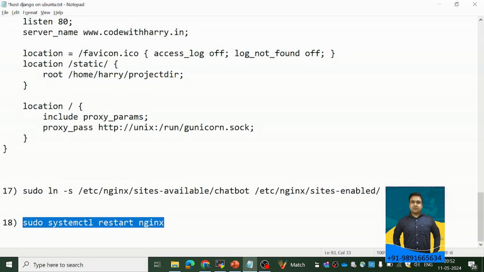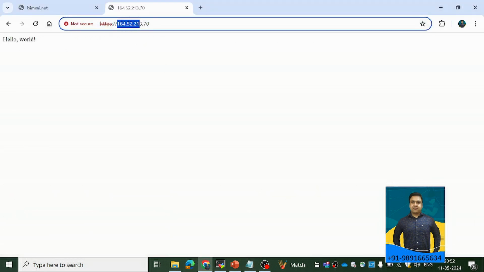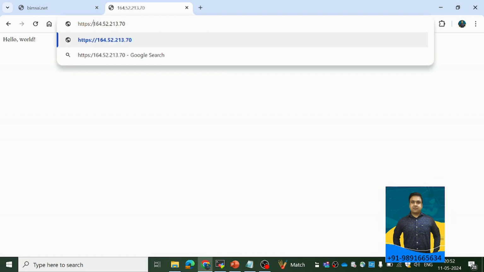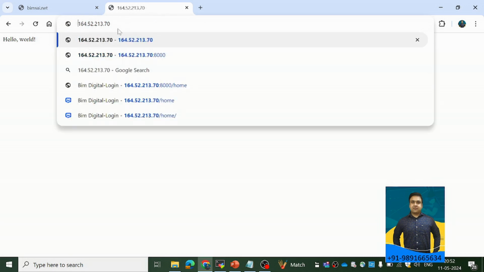Now the next thing is to restart Nginx. This is a command to restart it. Once you restart your Nginx, your Gunicorn, your Nginx, everything will become active, and you will be able to access the application on your server's IP address. So basically on HTTPS, you won't be able to do it initially, right? For that, you'll have to install